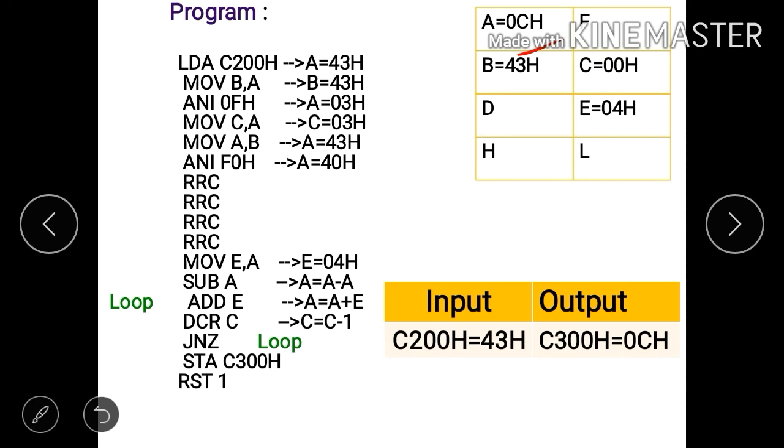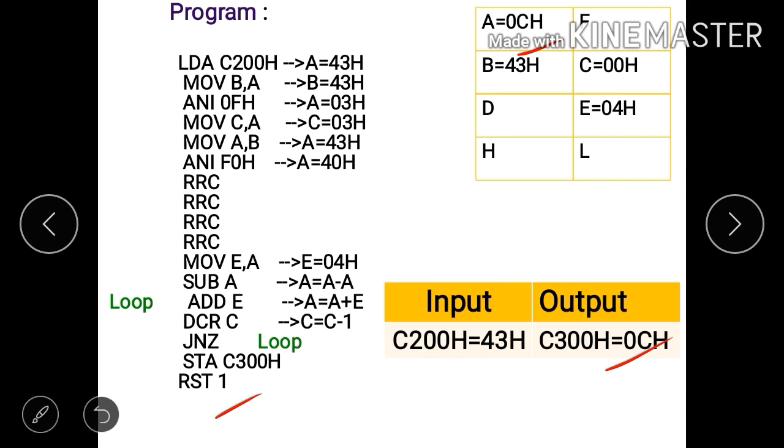That's why we are writing the instruction STA C300H. After executing this instruction, the content of C300H will become 0CH. So our final result is present in the memory location C300H. Now we will stop our program by writing the instruction RST1.